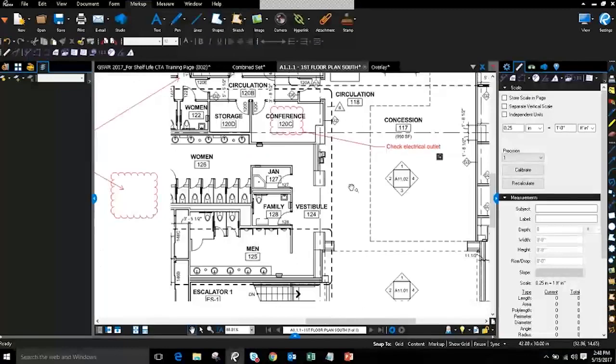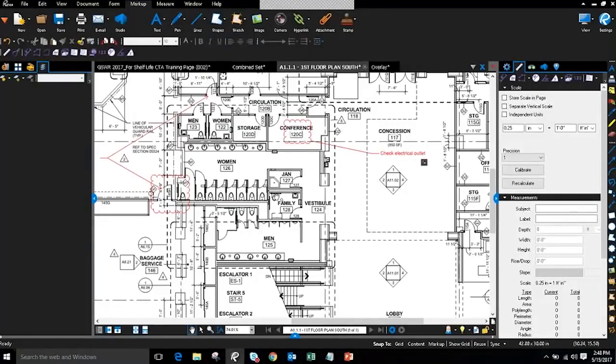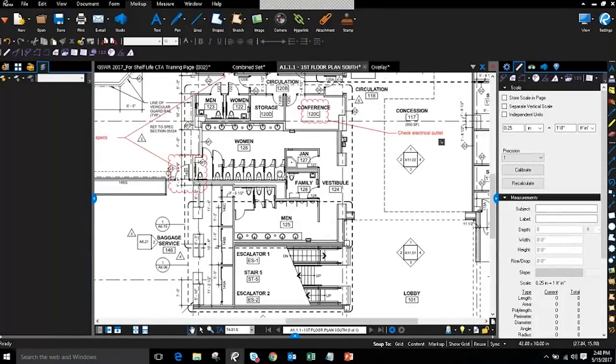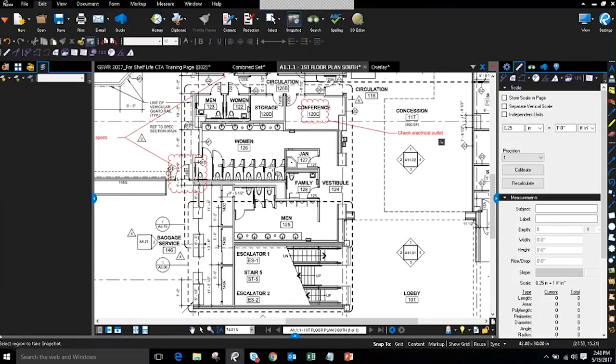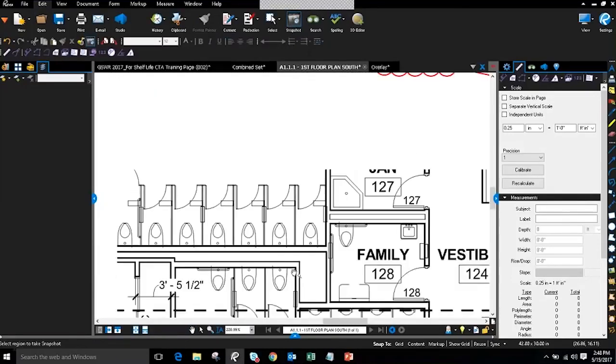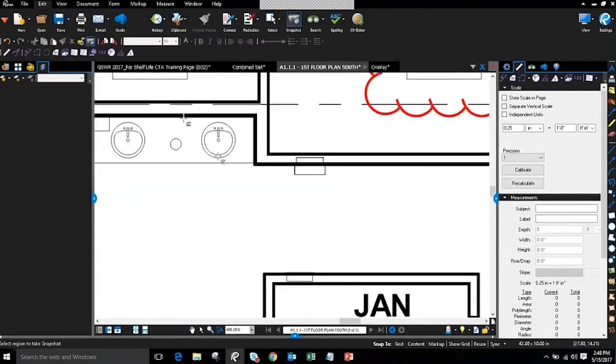That is Capture. Now, in terms of other types of markups you can create, we also have a markup tool called Snapshot. So if I come over here and click on Edit and Snapshot, I can select any symbol that exists on the PDF itself. So let's take this sync. I'm going to just simply click and drag over that symbol. It's going to flash blue, and then I can right-click and paste. And once I right-click and paste, again, I now have a markup version of that vector content that I can use,